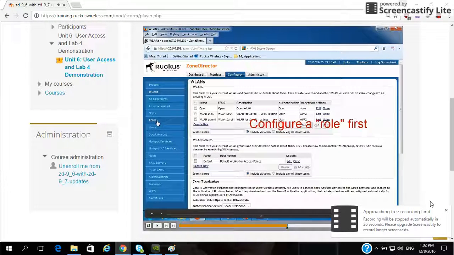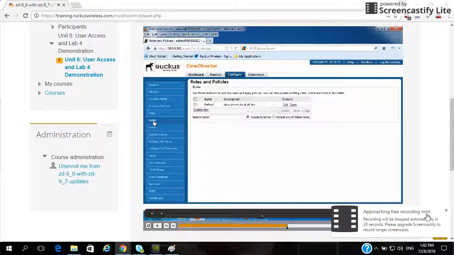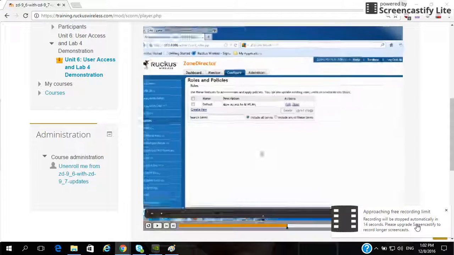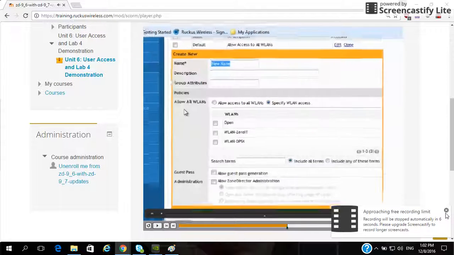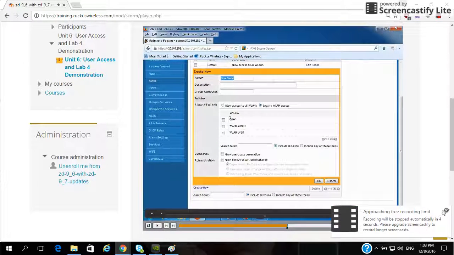So the way we always start is we have to configure a role first. That's the very first thing. Because when you go to configure a user, it's going to ask you, what role is this user in? And if the role has not been configured yet, you won't be able to even get past that step. So we have the default role here. I could leave it like that, certainly, but I'm just going to go ahead and create a new role, and I'm just going to give this a descriptive name of 0 IT users. And I'll just say under the description, role for